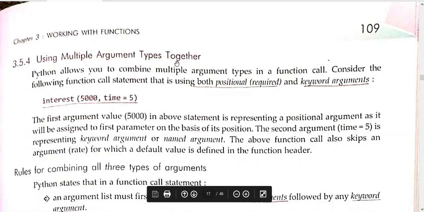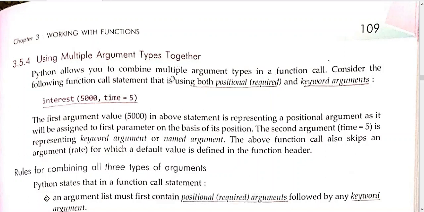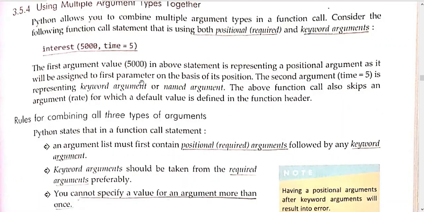If you want to have multiple arguments together, meaning you can have positional ones and along with it you want to have default ones too, then you want to have all those together, and it's like this. Whatever you are writing here is meant for principal, right? So it is for the positional concept, so it will directly go to principal. Time you have mentioned 5. Okay, so this is not your default.